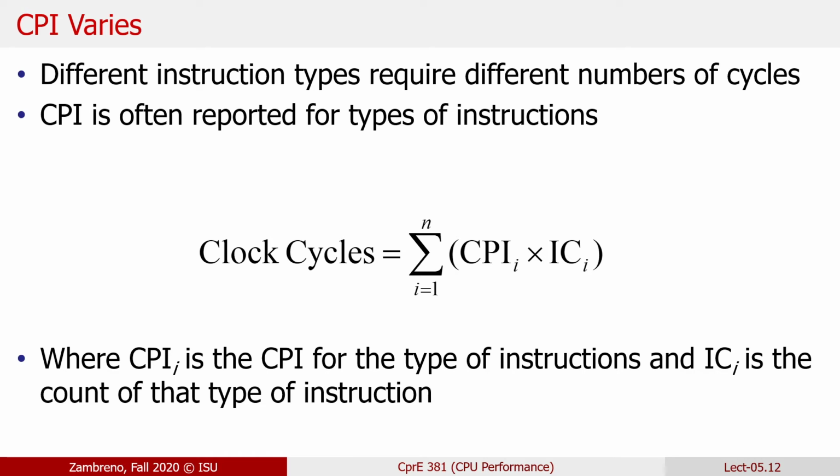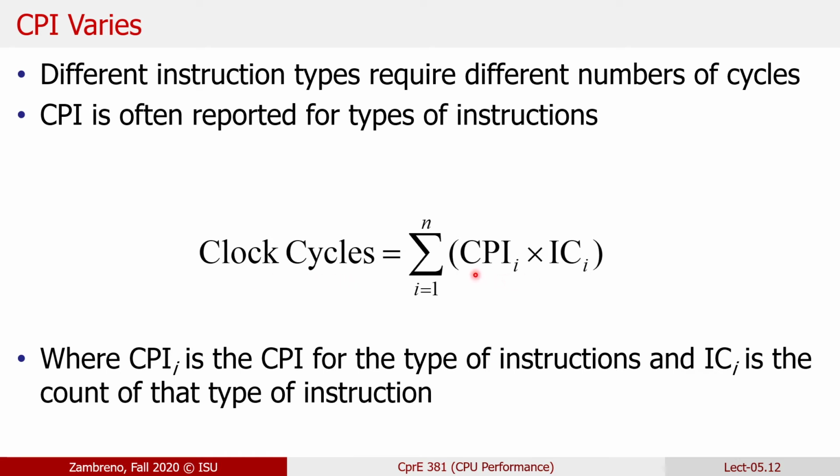That we would be told or we could measure that for the load word instruction, it's always going to take 5 cycles. But for the jump instruction, it's always going to take 2 cycles. We don't just average those together and get an average CPI of 3.5. It's a function of the relative instruction counts for a given program we're wanting to measure what the average CPI would be in that case. And that's all this is trying to illustrate here, that as we're trying to ultimately calculate the number of clock cycles,